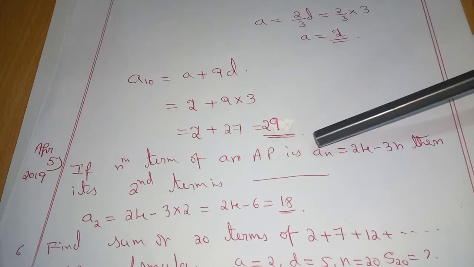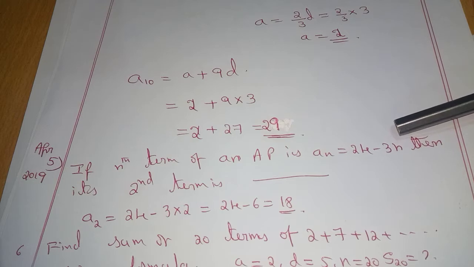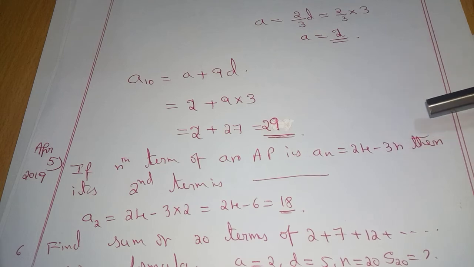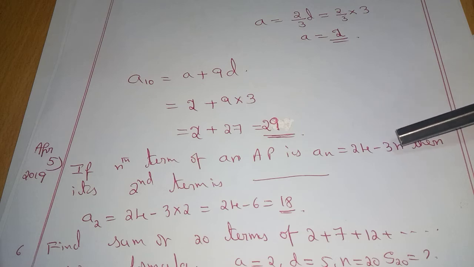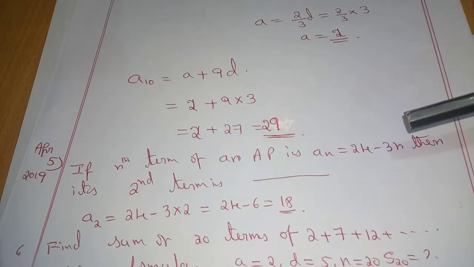If the nth term of an AP is an equal to 24 minus 3n, then its second term is